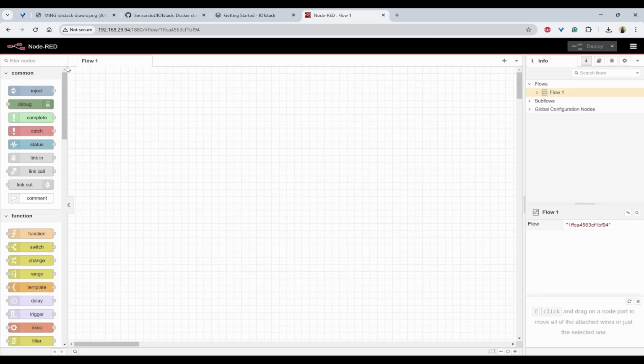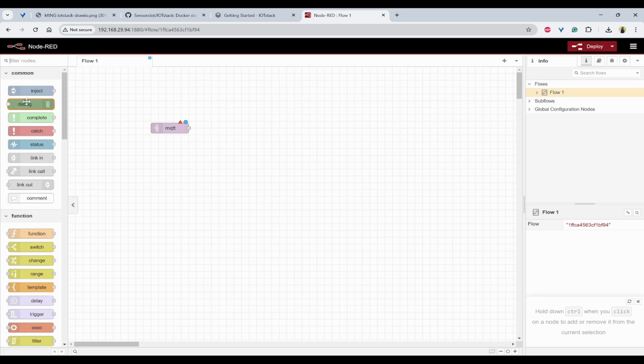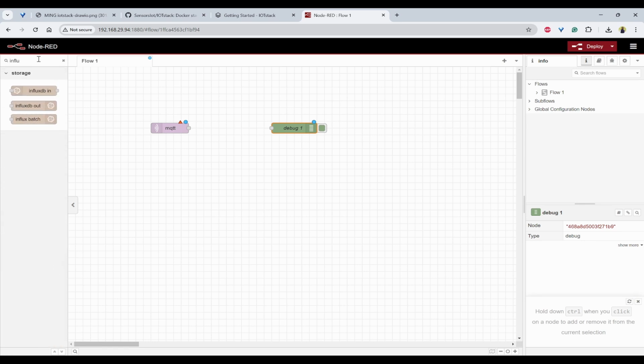Now we need to use MQTT. Already it is publishing, right? So we need to take MQTT in and use debug for testing purposes. And we also need to search for Influx. So we already have the InfluxDB node palettes.